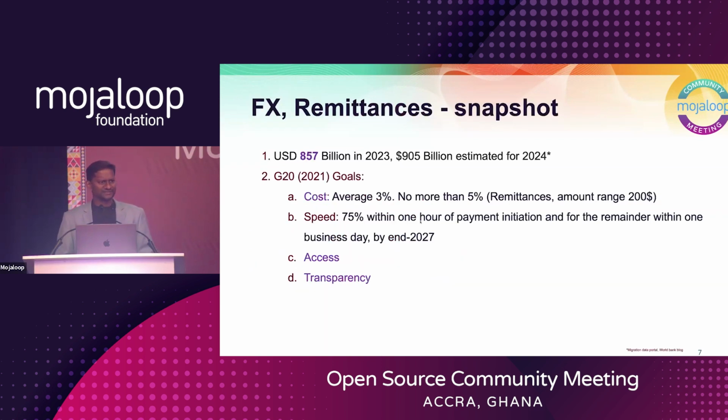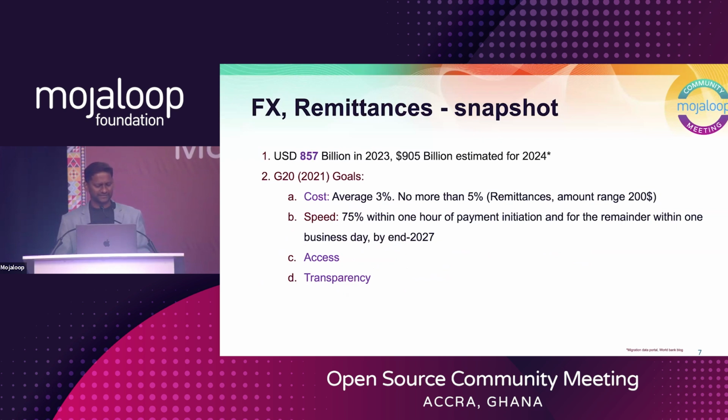Without going too much out of my lane here, I also want to give a snapshot of some reports from Migration Data Portal and World Bank blog, which talk about some numbers here. In 2023, apparently, we had 850 billion US dollars in remittances, and the projected number for 2024 was about 900. And for me, at least, the interesting part of that was the majority, or 2/3 of that, was outside